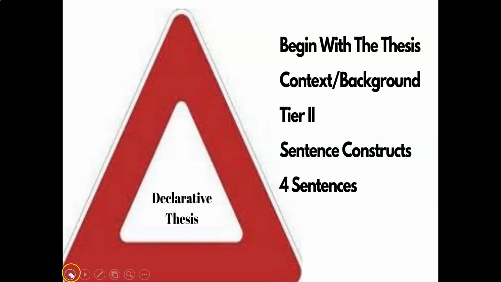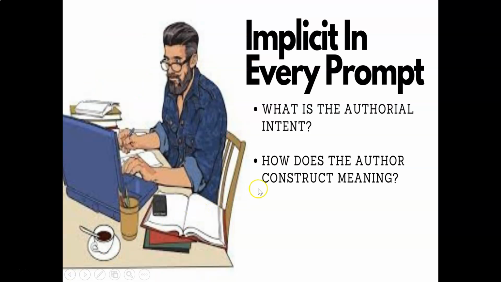So let's go back to our 2 questions. And as I already alluded to, my students are going to declare for rhetorical analysis. So let's bounce back. Here's how this works. They're going to start with the construction of meaning. And when you answer the question, how does the author construct meaning, whether rhetorical analysis or literary analysis, that's the thesis. So for rhetorical analysis, I want my students to lead with the most salient rhetorical term and or device. This takes 3 of the 4 sentences. What my students do last is they drop what is the authorial intent.